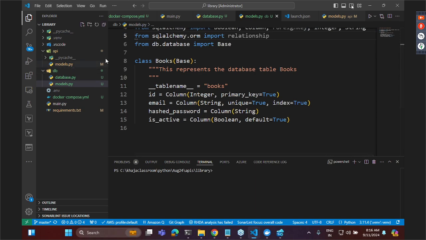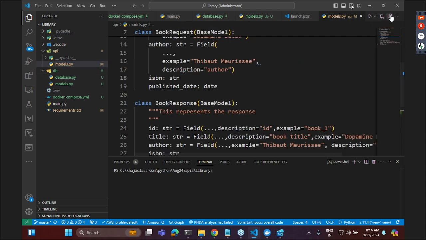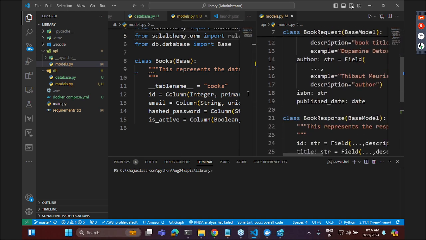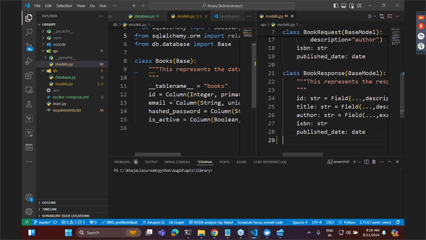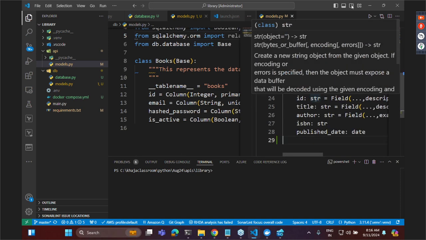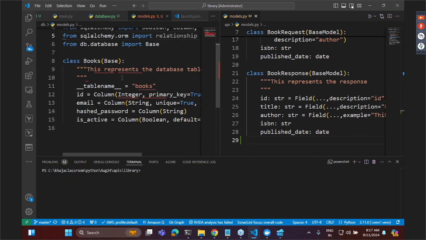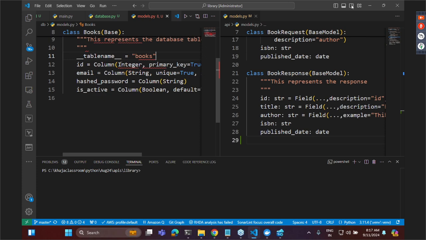Let us go back to this models.py. Let me select it. Let us see what structure we have taken. So we'll have id. I'll change the type of the id to an integer over here also. When we send a book, we will be trying to set the ID. ID is this, and the next thing we need is